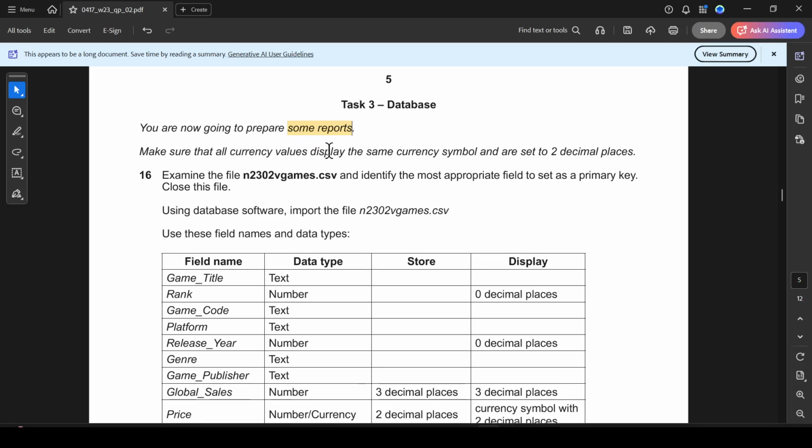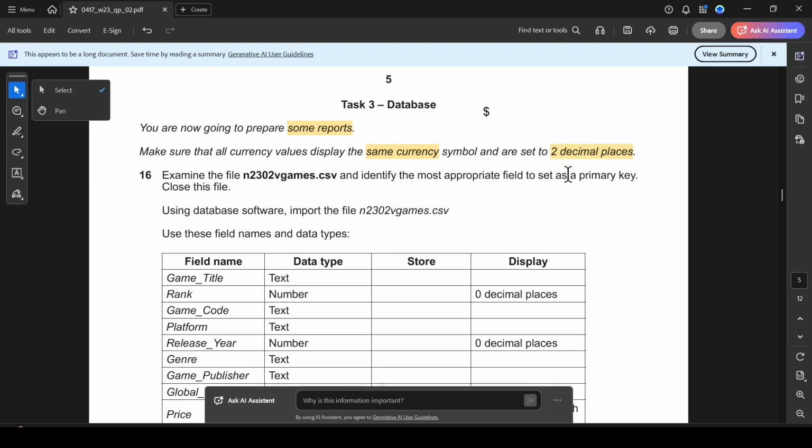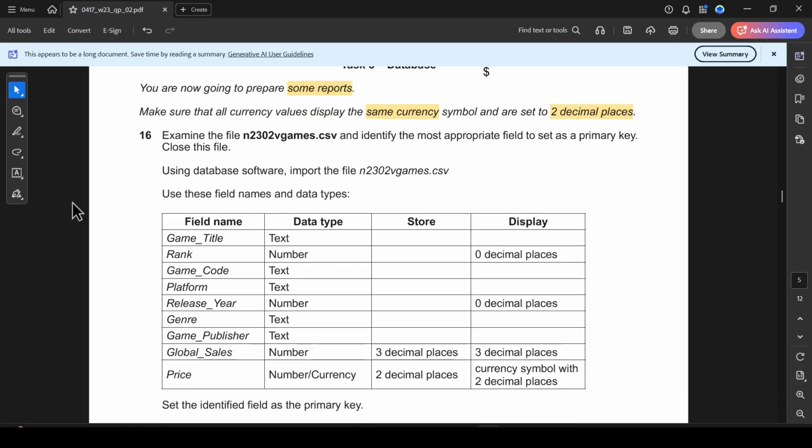Make sure all currency values are displayed in the same currency. They mention the same currency, so note this point. Here they did not mention any currency, so in my opinion, you can use the dollar sign. And next, it must be set to 2 decimal places. As I told you in my previous videos also, this 2 decimal place and currency change we will do in the report format only. Examine the file